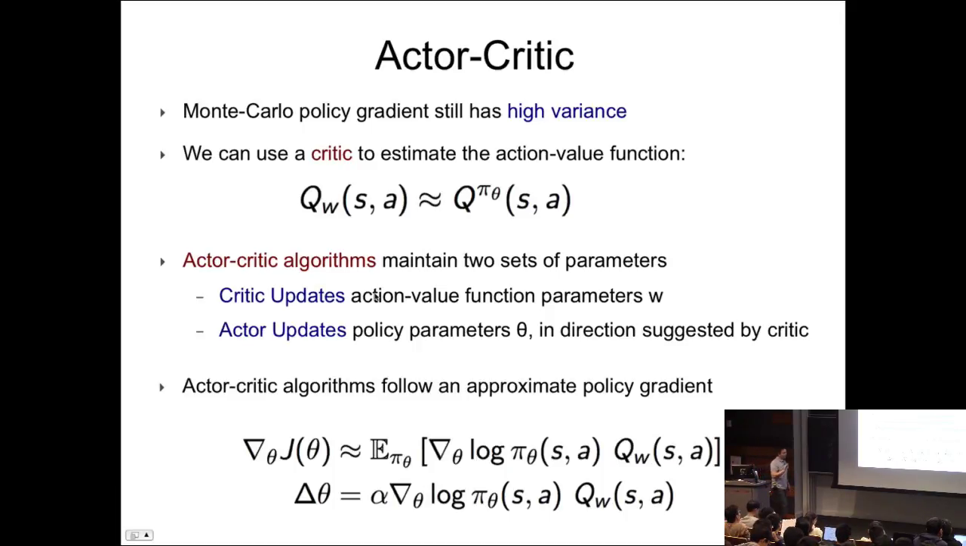Right? So here's what the approximation. So actor-critic algorithms basically follow an approximate policy gradient method, right? They're basically saying, find me the policy, but you're moving it in the direction of this quantity,